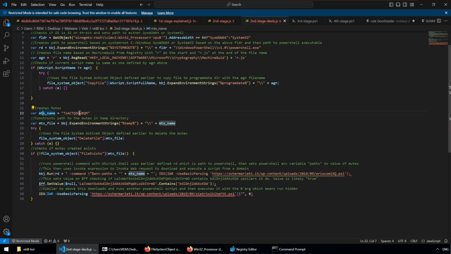Here it's creating a mutex. A mutex is used by malware a lot of the time to check if it already exists and then act depending on whether it exists or not. So the mtx name is this string of characters, and then it's doing